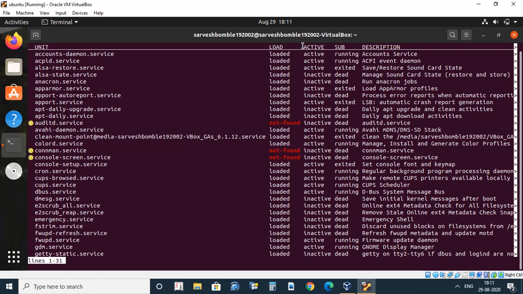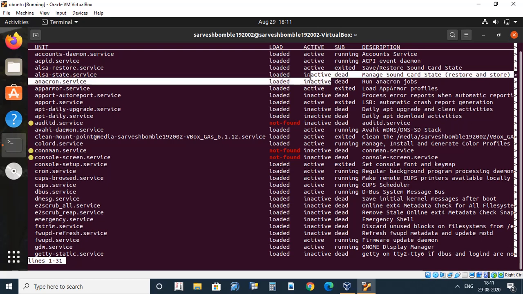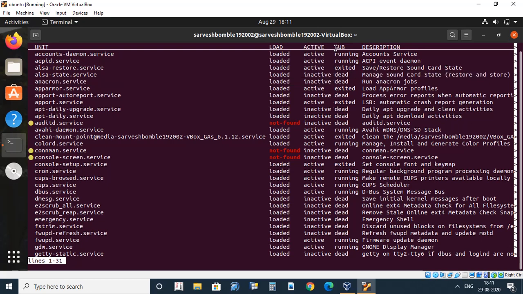Then we can see the state of our service, which is active and inactive. Then it shows the state of running, then exited or dead. This state we can actually change by setting the service to stop or start.